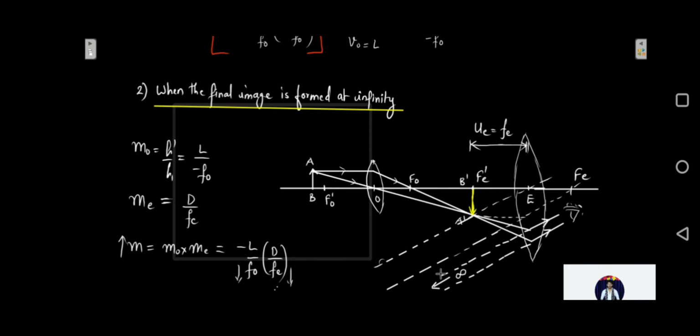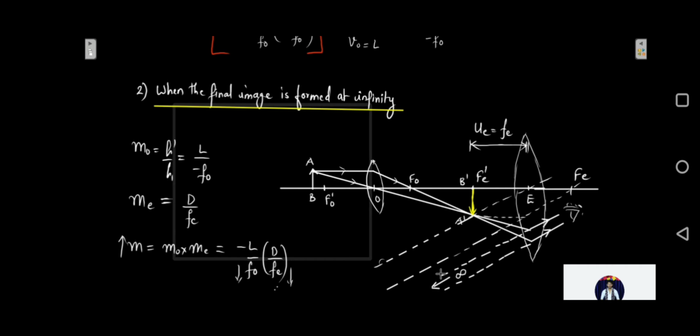The third point you need to remember is that in a compound microscope, the objective and eyepiece are placed at a fixed distance apart. So for focusing on an object, the distance of the objective from the object is changed with the help of a rack and pinion arrangement. So the distance can be varied by using the rack and pinion arrangement as discussed.